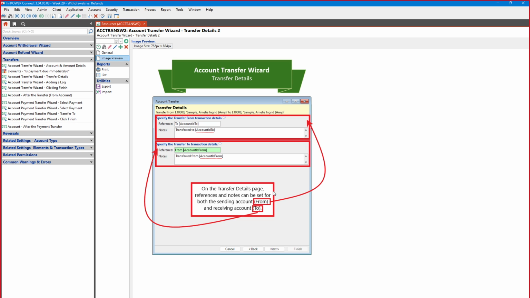The next page of the account transfer wizard allows the entry of references and notes for the transaction for both the sending account and the receiving account. The top section, labelled Specify the transfer from transaction details, is for the sending account. In other words, the account the funds are being transferred from. The bottom section is for the account receiving the funds. So the account the funds are being